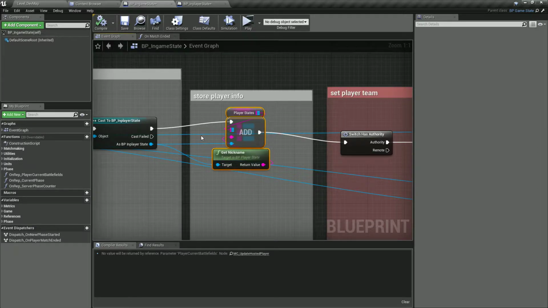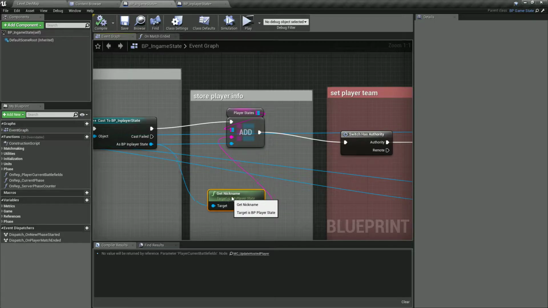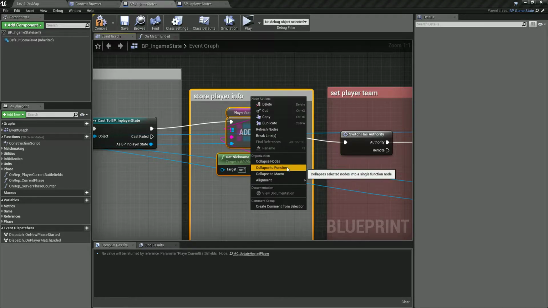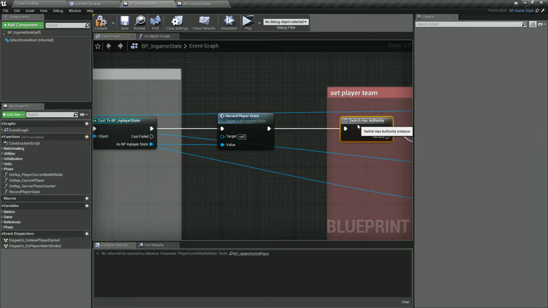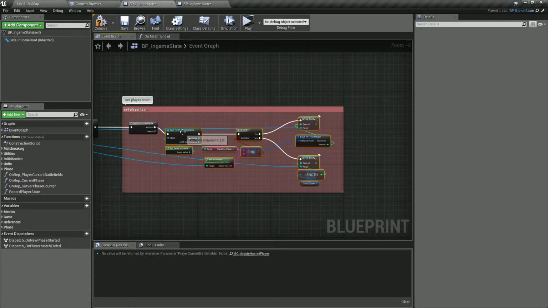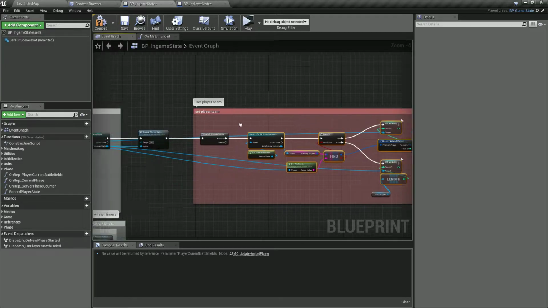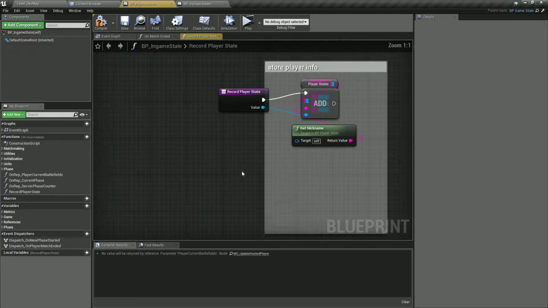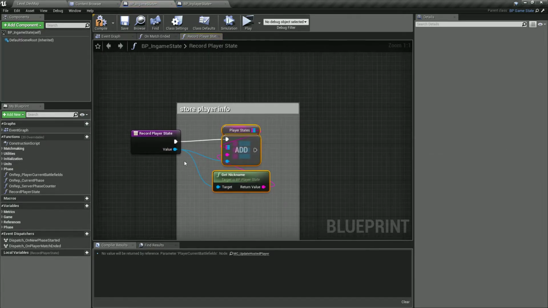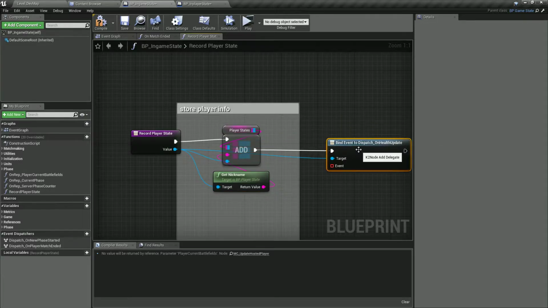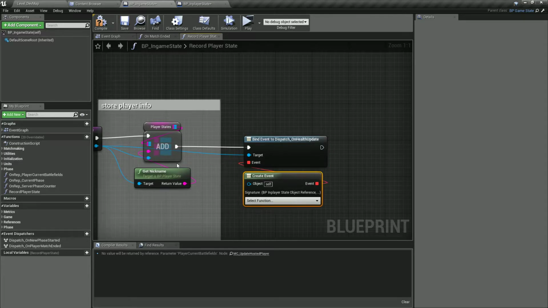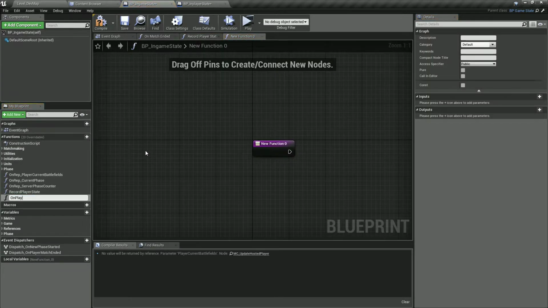BP player state, BP in player state. I think we'll unplug this and pull this into a function named record player states, and we're going to open up that function. Let's go over here and replug this pin. And what else do we want to do? We want to bind ourselves to the fact that this player has a health change on player health update, which